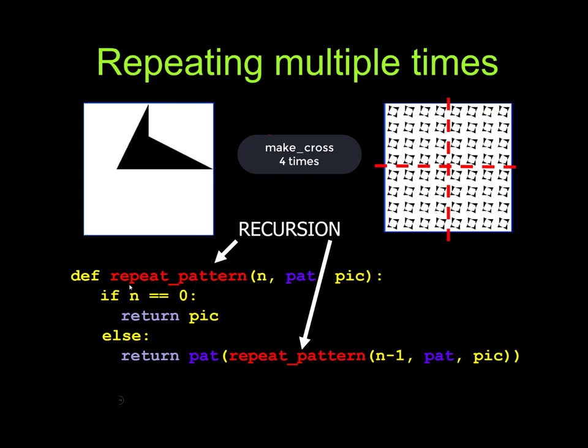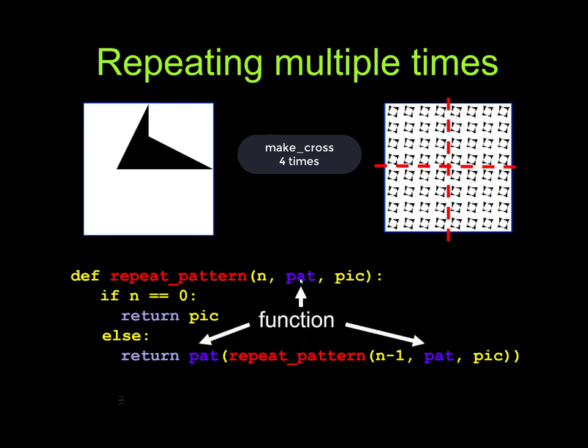So you have a repeat pattern function that's being called inside the function itself, within its body. We have repeat pattern calling repeat pattern with the number of times subtracted by 1. When it's n coming in, it will be n minus 1 repeated call. And the operator that we want to work on is called pattern. This could be the make cross or any other patterns that we want to make. So we call repeat pattern n minus 1 times that we wanted on this picture. The pattern is again applied on the result of this repeat pattern with n minus 1 times